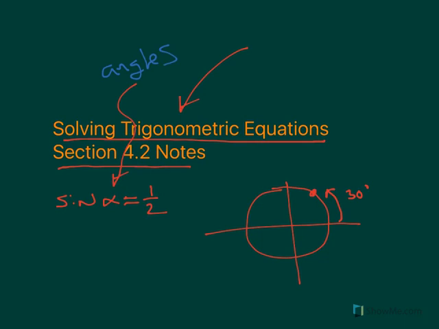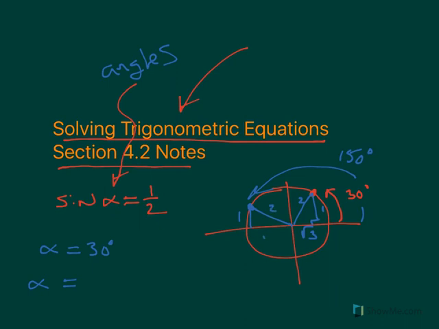So it would be true that alpha could be 30 degrees, because at 30 degrees you're going to have a 1:2 radical 3 special triangle that is going to get you a 1:2 sine ratio. However, it would also be true that you could be in quadrant 2 at 150 degrees. So another solution would be that you could be at 150 degrees, because that also is going to get you